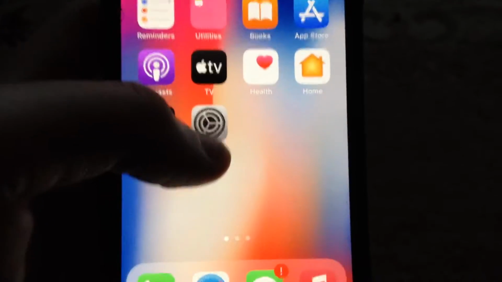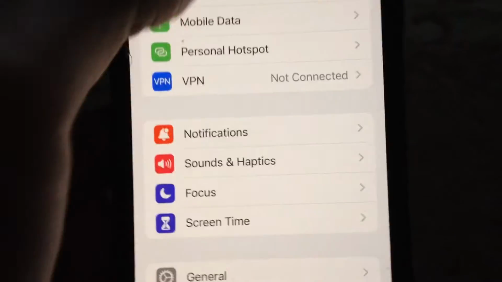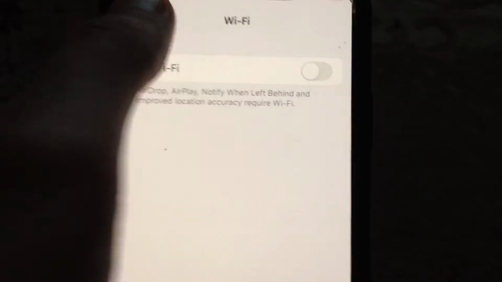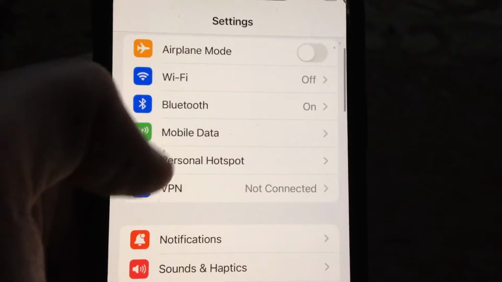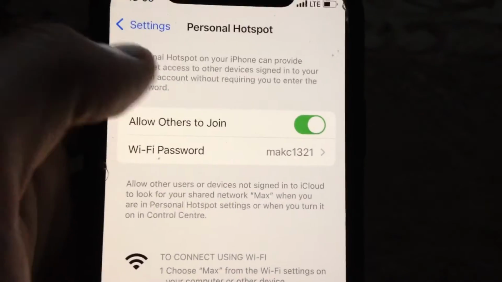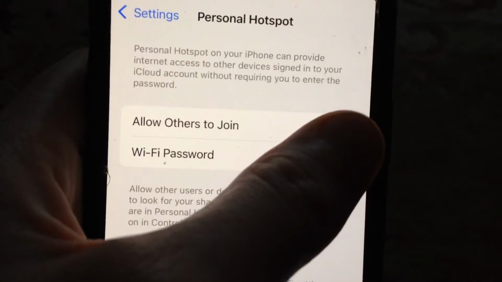For fixing it, first just go to the settings. In the settings you need to turn off Wi-Fi, so just turn off Wi-Fi. And also you need to turn on cellular data. After turning on cellular data, open your personal hotspot and check if you turned on